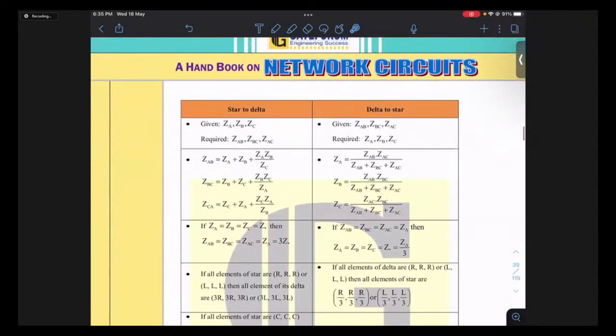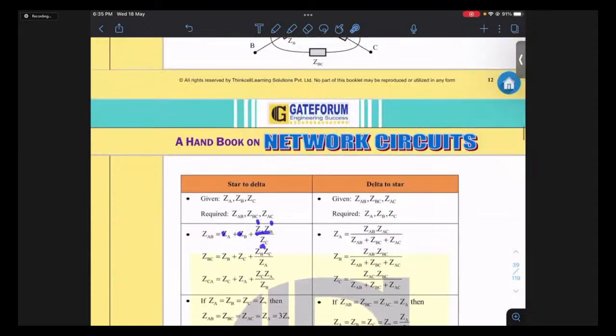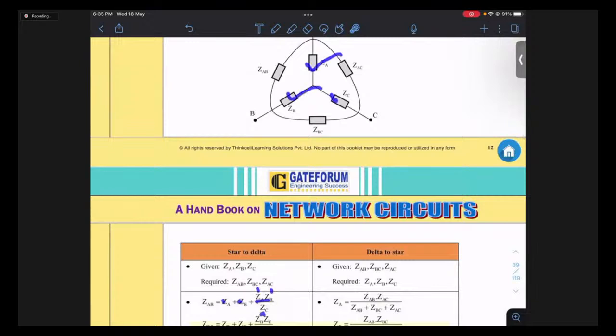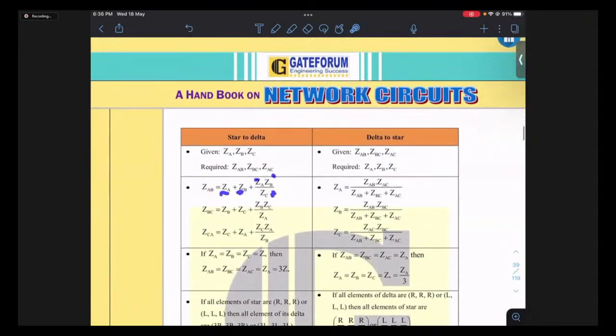Students, these are well-defined formulas, and it's very easy to figure out. Suppose you want to find ZAB. Its formula is the first suffix, ZA, plus the second suffix, ZB, plus the product of these two, ZA ZB, divided by the third one. In the star, three things are involved, ZA, ZB, and ZC. So ZAB is given by ZA plus ZB plus ZA ZB divided by ZC. Similarly, ZBC is ZB plus ZC plus ZB ZC divided by